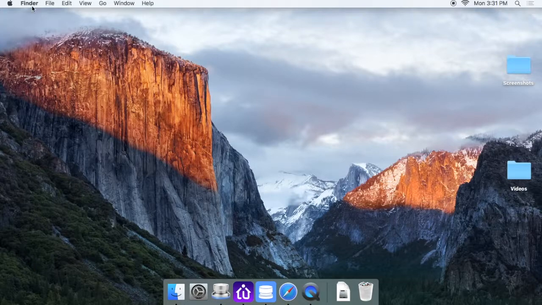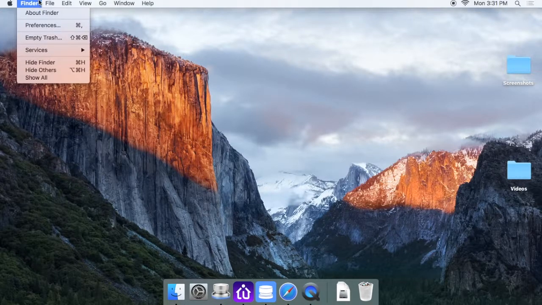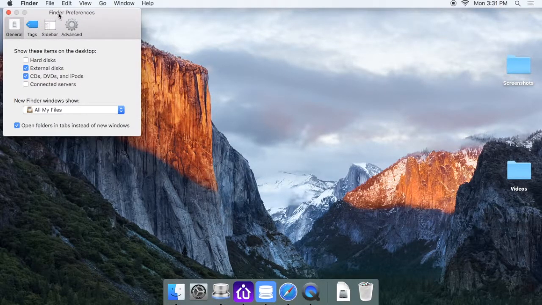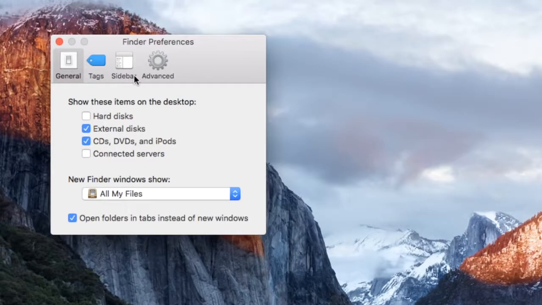But what you want to do is go up to the top left corner and click on where it says Finder and head down to Preferences. And within this window here, you're going to want to select some of these to be enabled and then also sort of adjust some of the sidebar settings. So under the General tab, you can see here it's giving you some things to check here to show on